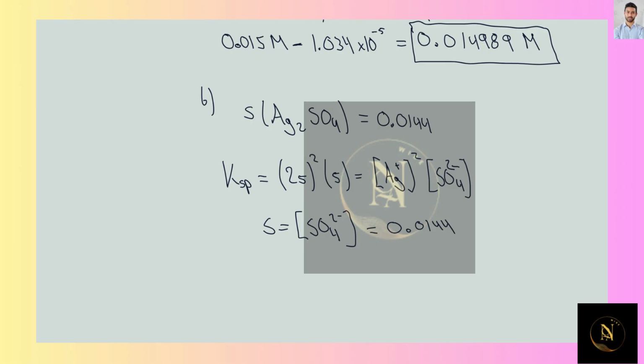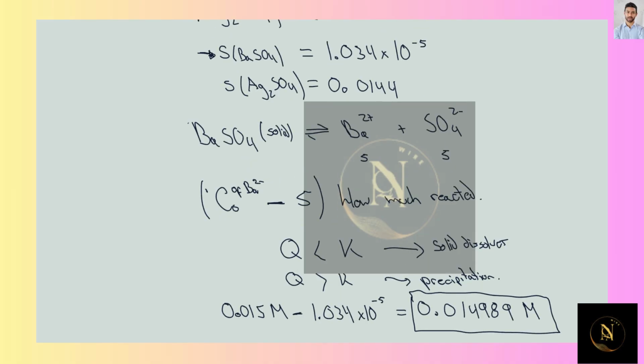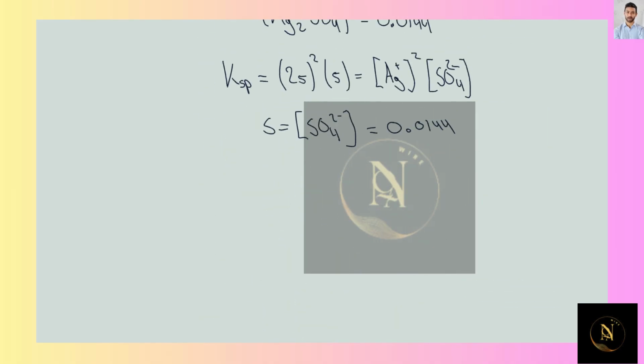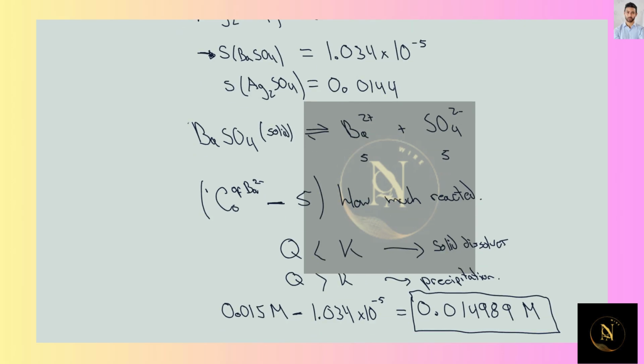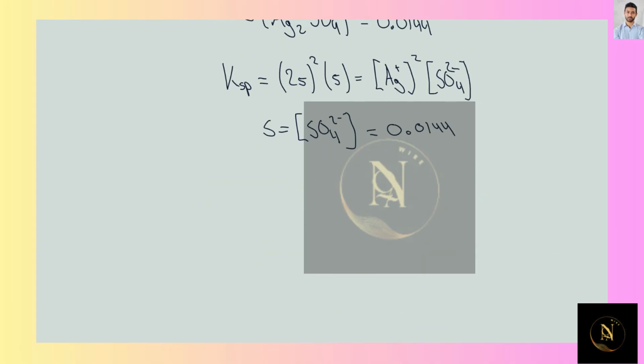what is going to happen to my initial equilibrium? That is the equivalent of adding more and more of the sulfate that needs to be available. For example, if we go back into our solubility equation, this would be simply adding that number into this section of our equation. So we know from the solubility product constant of barium sulfate that this is the concentration of barium 2 plus times the concentration of sulfate 2 minus. We know the value for the concentration of the sulfate, and we want to know the concentration of barium 2 plus